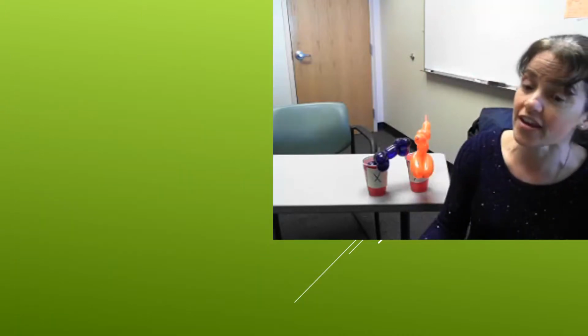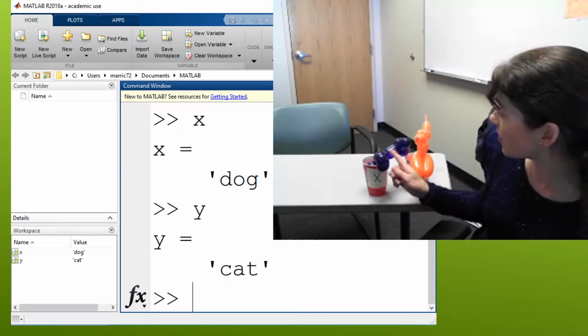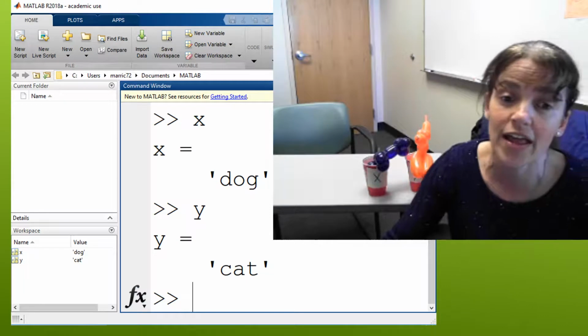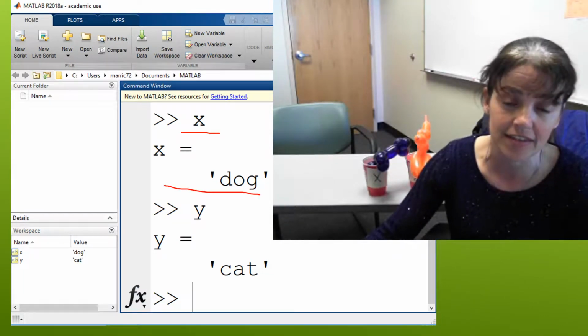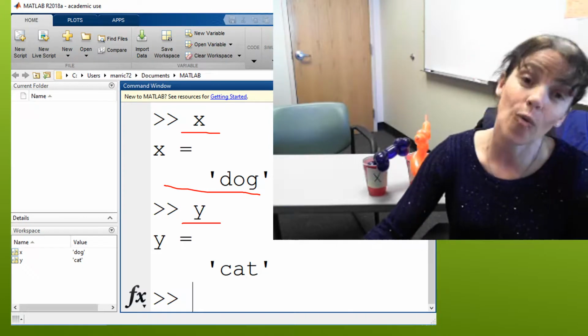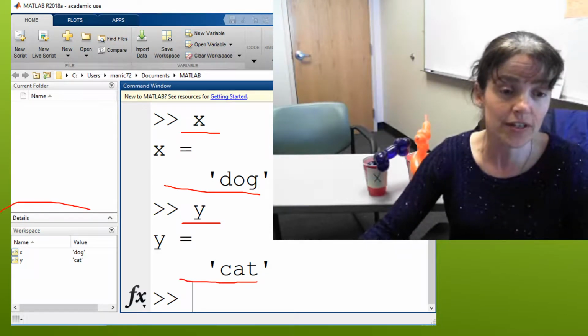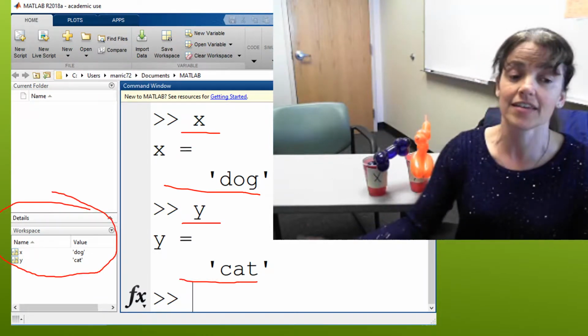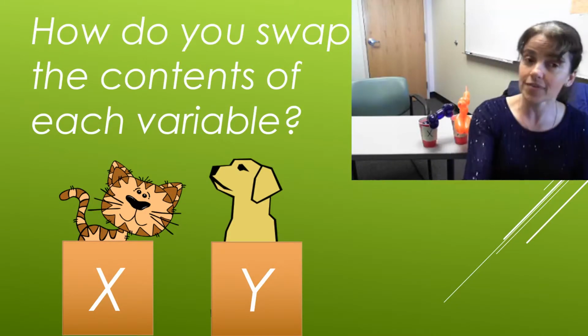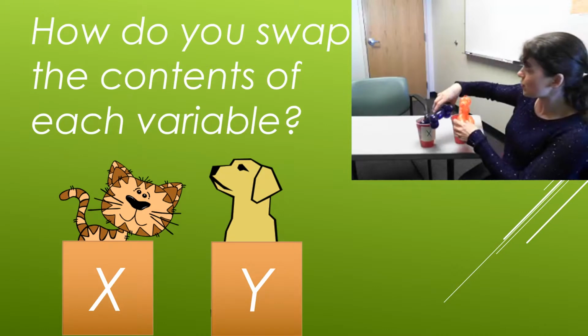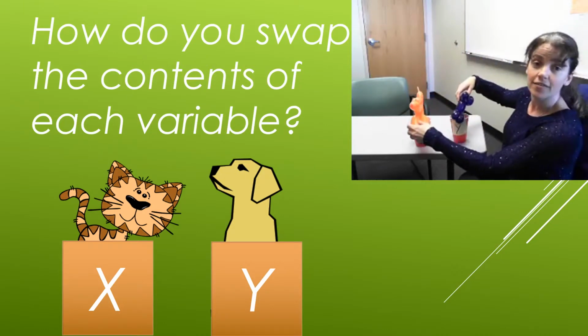We can double check in Matlab that we do have a dog in X and a cat in Y by just typing X in our command window and seeing that X has a dog. And if you type Y, Y has a cat. We can also look in the workspace and we can see that X has a dog, Y has a cat. Nothing confusing yet. But what happens if I tell you, I want you to swap the contents of these two